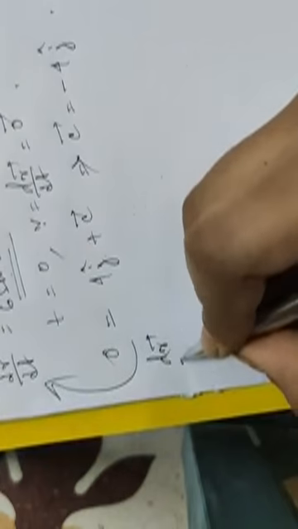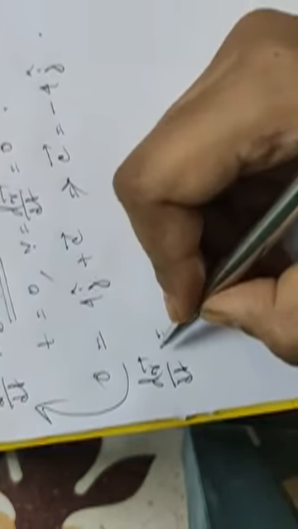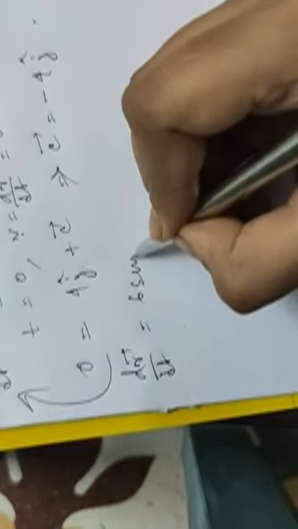Now put it in this equation, so we get dr/dt equals 6 sin 2t i cap plus 4 into (cos 2t minus 1) j cap plus 8t² k cap. This is the required velocity. So we get the answer to the first question, that is to find the velocity v. Now moving towards the next one, which is to find the displacement at any instant.